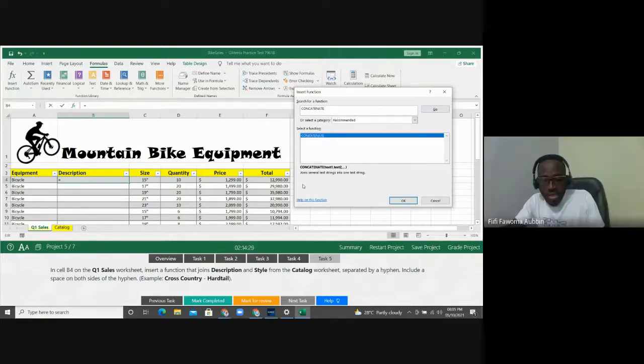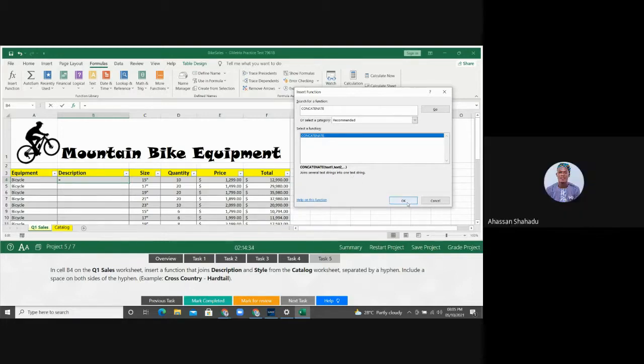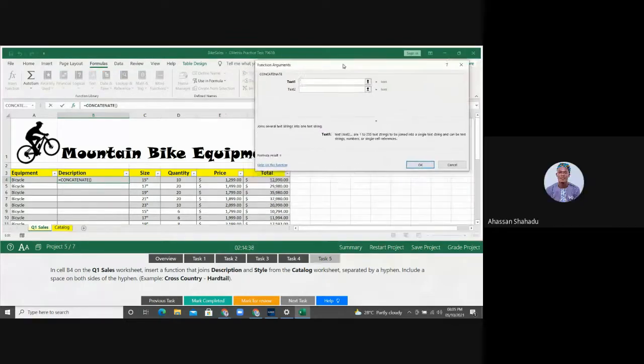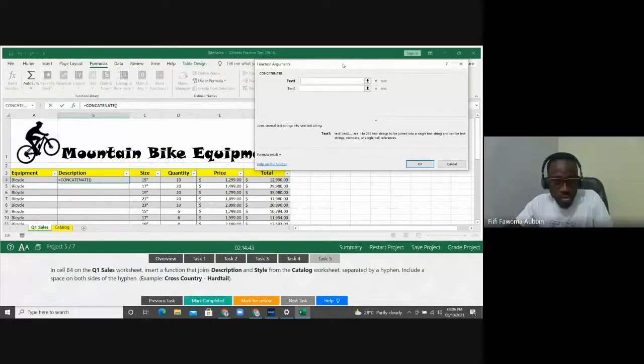So concatenate tells us to what? Join several text strings into one text string. I'll click on that. So that is done. Then we now go back. Go back to search for